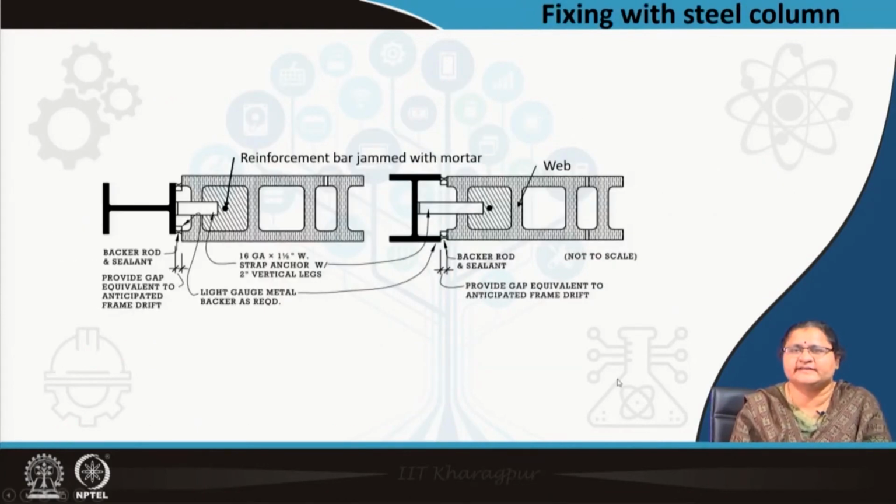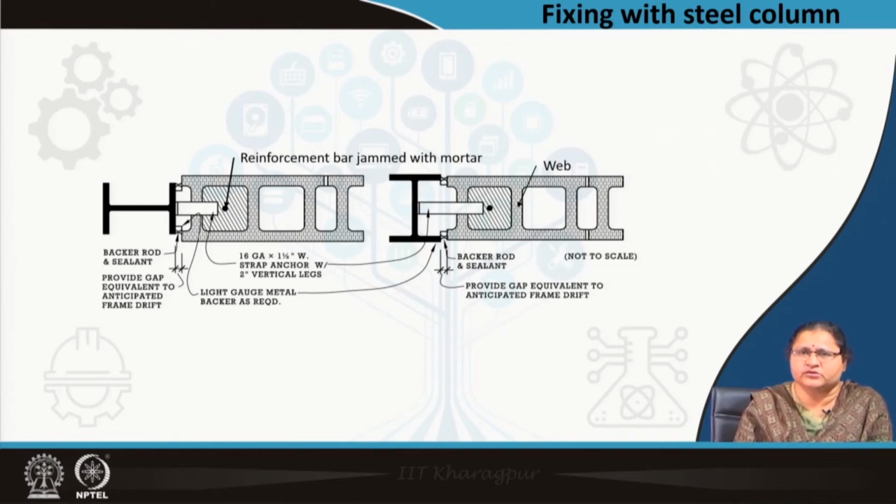Now, coming to the fixing, if it is a solid concrete masonry unit, it can take the load. If it is a reinforced structure, a beam column structure with concrete or a framed structure with concrete, you can keep on placing your units and get the desired wall. But if it is fixed against steel columns, here are the details. Why do I say steel columns? Because these units can be used for high rise